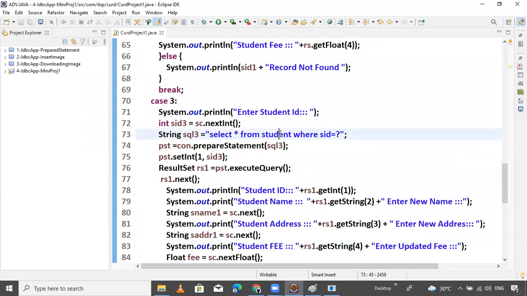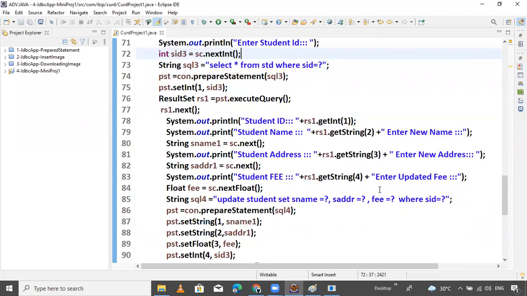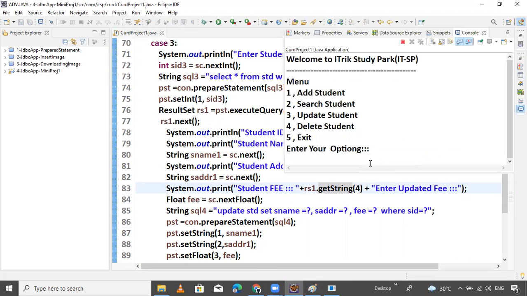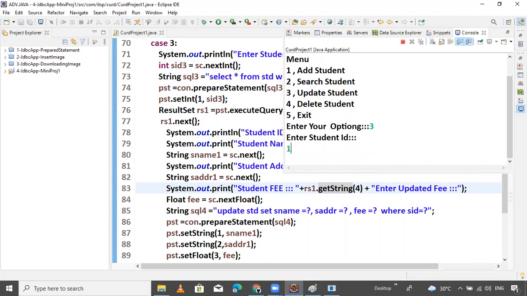So it's std. Not an issue, just change it. STD. No, run one more. 103.